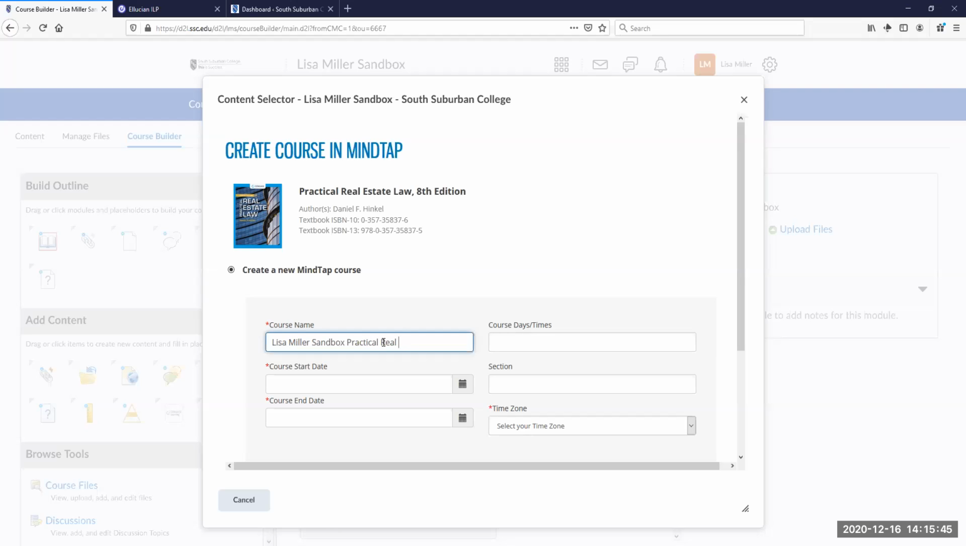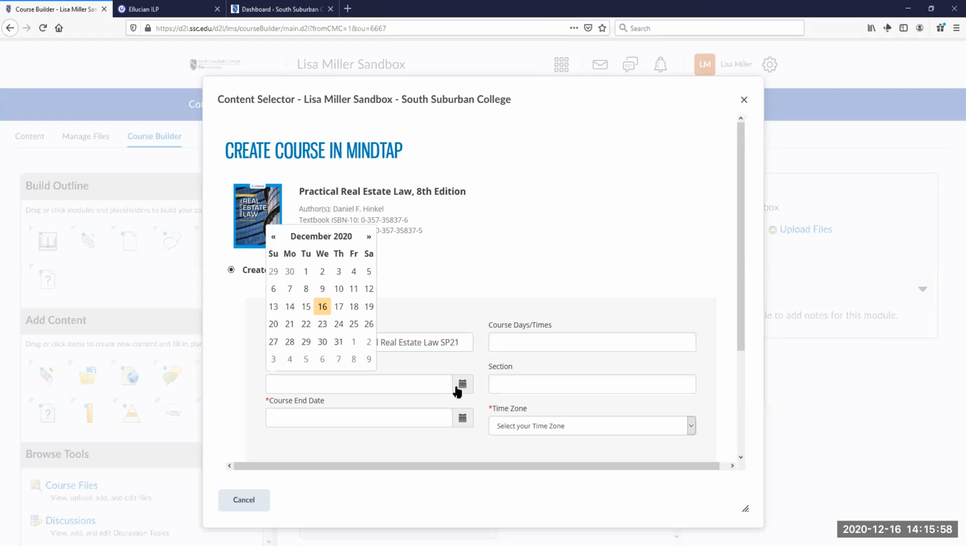Real estate law. Sometimes in the title, I like to put something like SP21 or spring 2021 so that you kind of know which semester you used that course. And then obviously you'll give it a start date